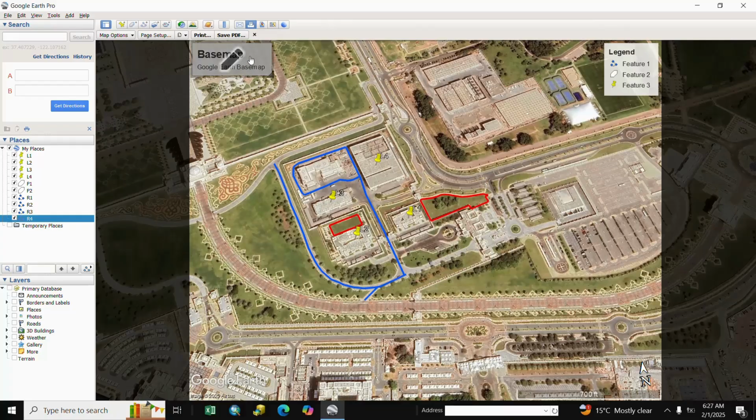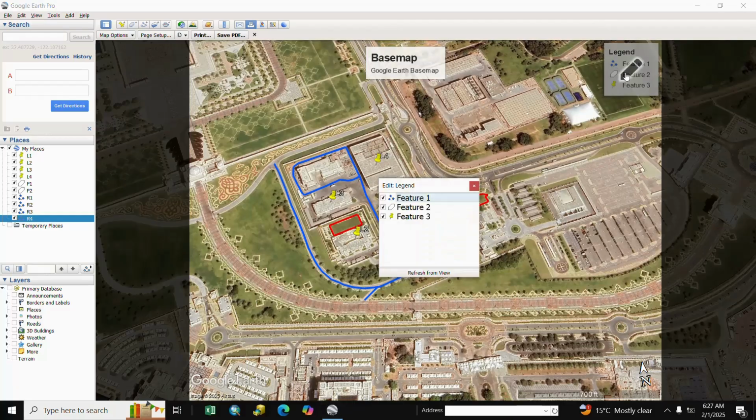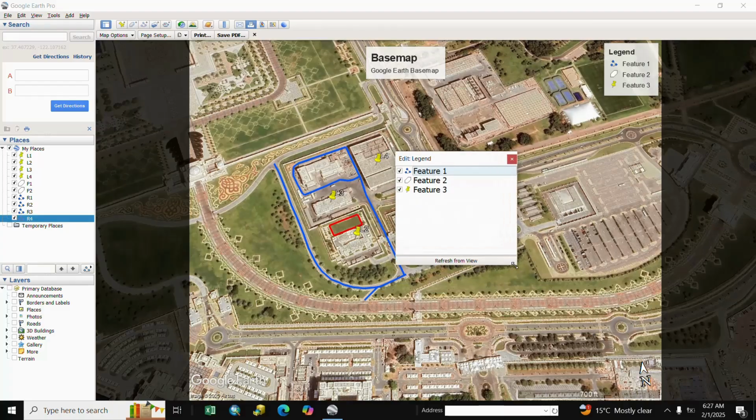If you want to adjust, you adjust it. Here is the feature legend, here is your legend. We click here. If you want to change a name, double click and write here road, and we write landmark, and here green area, we double click and write green area and close.